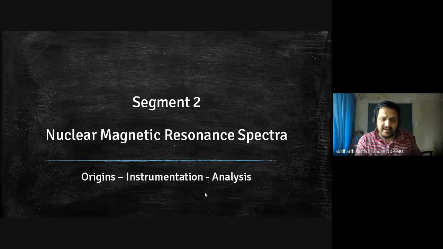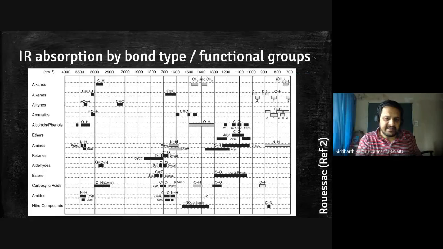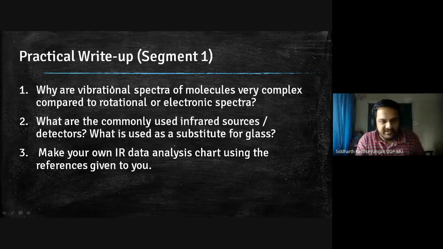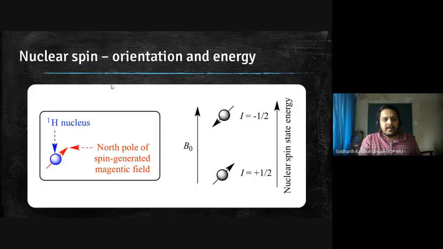So my bottom line for the infrared, like I said, is that different functional groups give you vibrations in different regions. So by looking at the spectrum and where the peak is, you can actually pinpoint which functional group should be present. Okay. Now coming to nuclear magnetic resonance, the idea in NMR